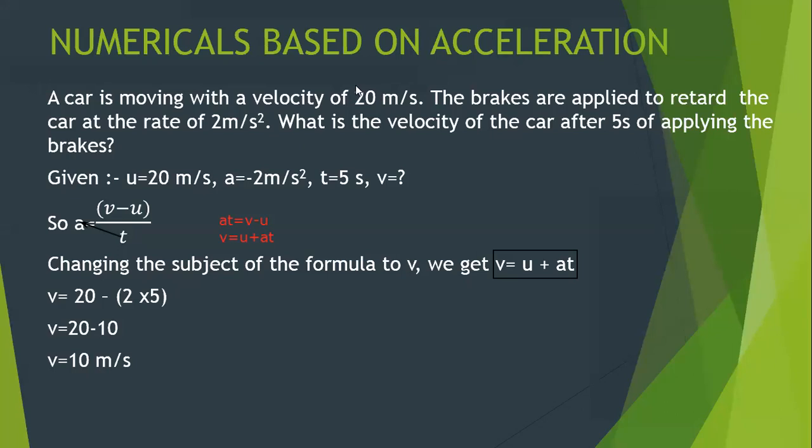Then we have to change the formula, na beta. Then accordingly we have to use the formula. Okay, so see, this is A is equal to V minus U by T. Okay, Ruchir, A is equal to V minus U by T, and you can change it for A, for U, for V, and for T. You can write down all the formulas. You have to just change the subject of the formula. By the simple rules of mathematics, you have studied how to change the subject of the formula. You can change it and you will get all the other options. Okay.